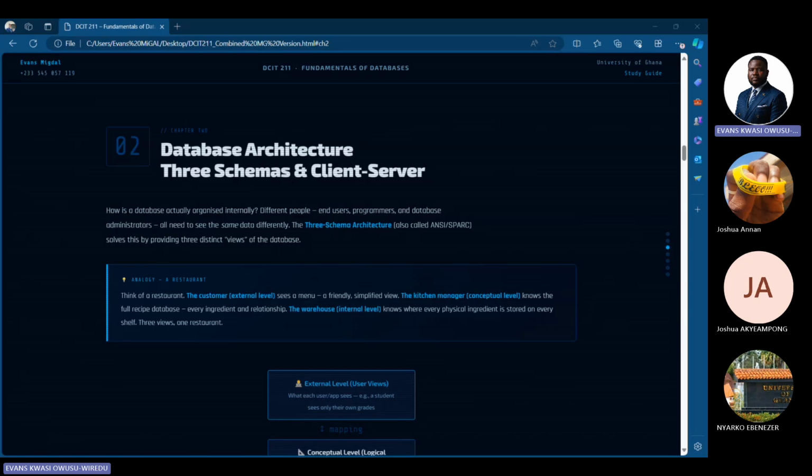At the conceptual level, a database designer draws an ER diagram showing student, course, and grade tables and how they connect. It can also be the professor or the lecturer himself, or basically the database administrator, who is in charge of that conceptual level. But this person doesn't have the right to